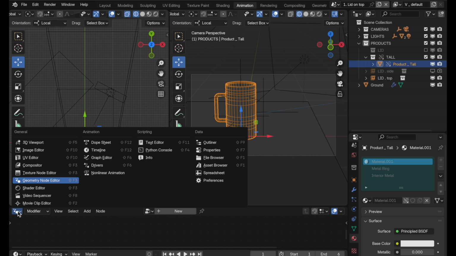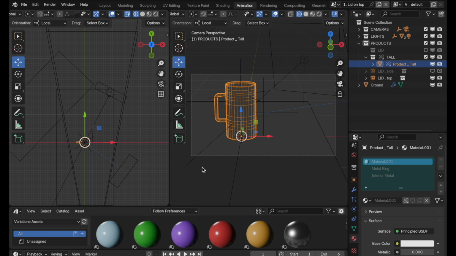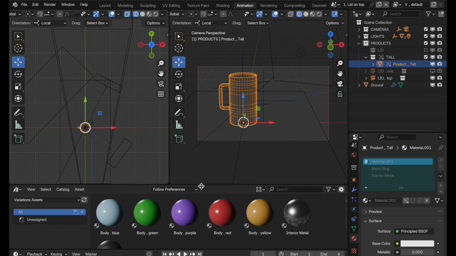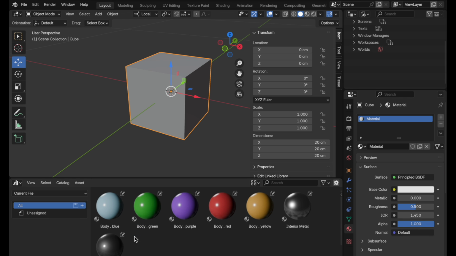Now let's also say that you want to make a change to the material. Let's come back down here to the asset browser so we can see our materials. One of the gripes that I have about the way that assets are done in Blender is that you would think that you could select a material here and edit it. You can do that in other 3D applications, but that's not how Blender works. If I need to make a change, you have to go back into the original source file. Now, they let you do that. If I right-click here, you can see it says Open Blend File. And when you do that, it will open up a duplicate of Blender where you can come in and make